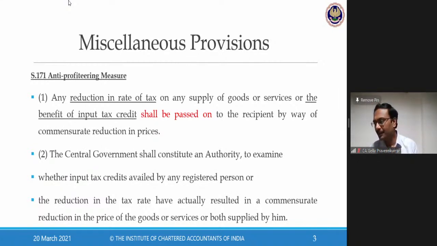Classic example, there was this Maggi noodles. One of the consumers lodged a complaint. Sir, I was buying Maggi noodles at 5 rupees per packet. Even after GST, it was 5 rupees per packet. It was not a joke. One of the consumers raised a complaint that across India everyone is saying the prices are reduced, but Maggi noodles was 5 rupees per packet and even after GST, it was 5 rupees per packet. The poor fellow who was buying that 5 rupee Maggi noodles lodged a complaint.